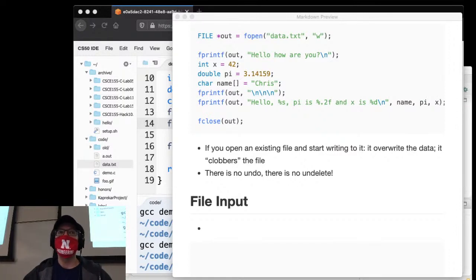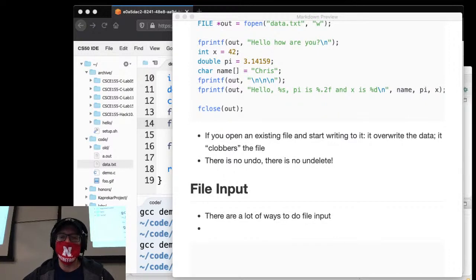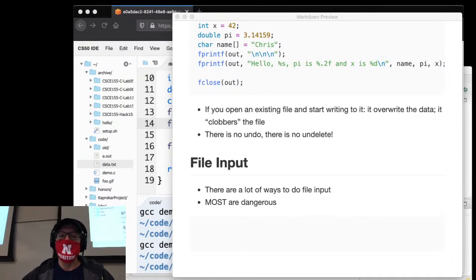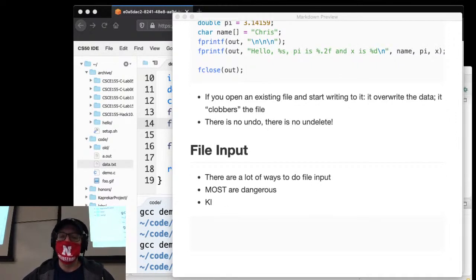And of course, you can write a more complex program so that you do have an undo of some sort. You can back up the file before you start processing it in memory or on the physical disk or something like that. There are a lot of ways to do file input. Right? Most are dangerous. Right? Most are also complicated. So what I'm going to do is, again, keep it simple. I'm going to show you 2 ways of doing it in C. You can use fgetc or